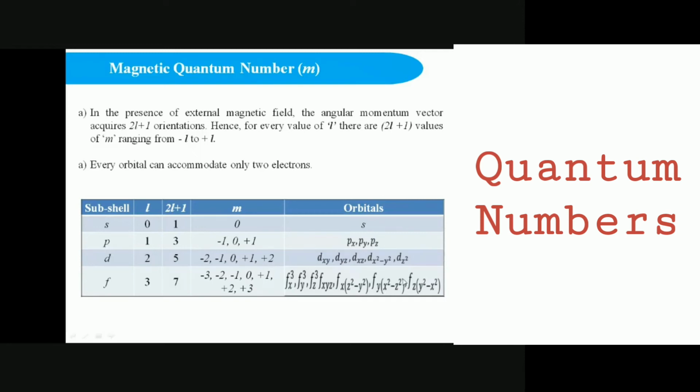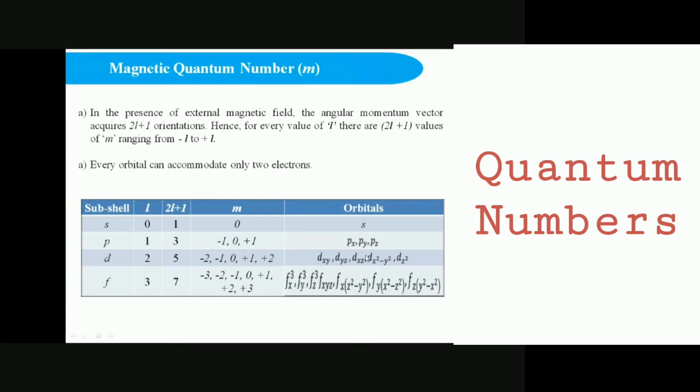Basically, this gives the orbital motion of the electron in space. If it is 0, it means it is equal from all distances. Equal from all distances means it has spherical orientation, which is S. But when the azimuthal number is 1, that is the P subshell, it gives 3 orientations, minus 1, 0 and plus 1, meaning it will have X, Y and Z, and this is nothing but the orientation of the P orbital.